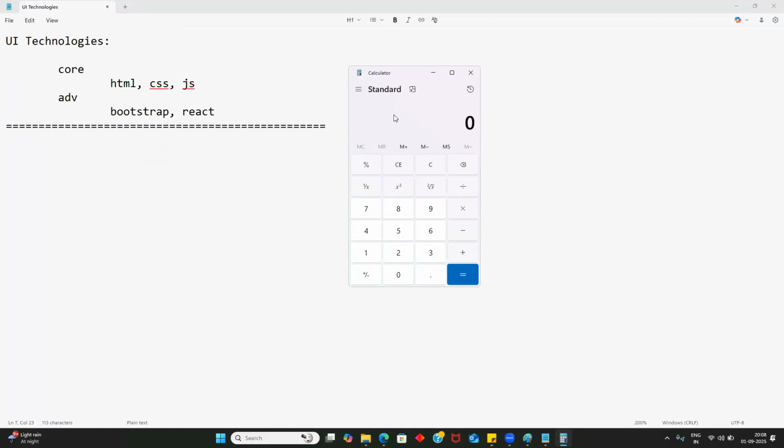Only the current laptop or mobile can give these services to us. It means only one user can access these services. I have this laptop, so I can use this calculator, and if I have MS Office in my laptop, I can access those services. So these services can be accessed by only a single user.